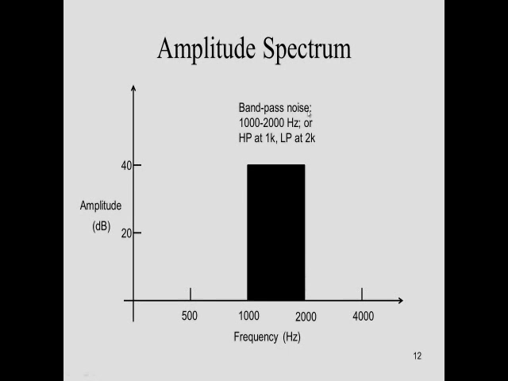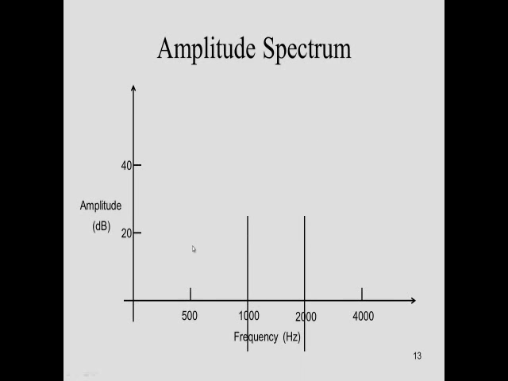So again, we're seeing a band pass noise, and the pass band for that noise is 1000 hertz to 2000 hertz. The high pass cutoff is at 1000, right? Everything above 1000 is being passed. And the low pass cutoff is 2000, so everything below 2000 is being passed. When you add these together, all this stuff gets filtered out, and all that passes is what's in between these two cutoffs.